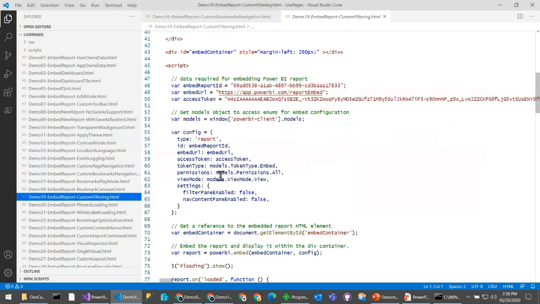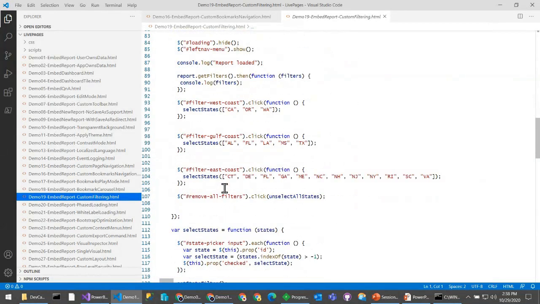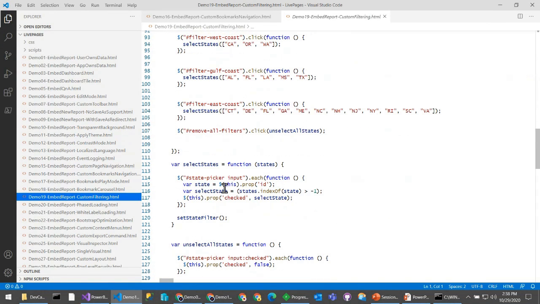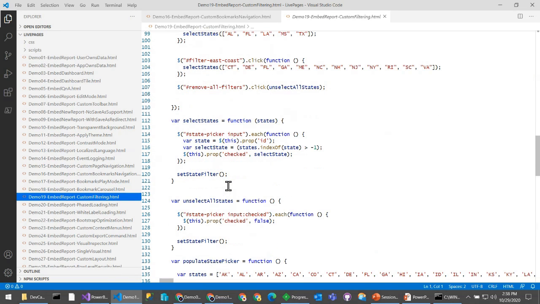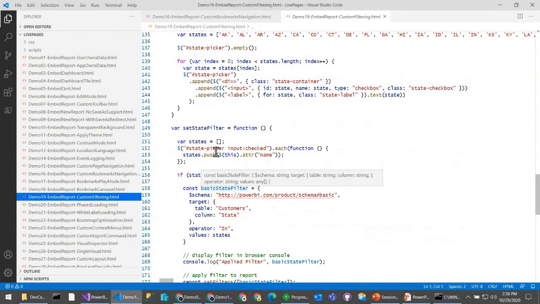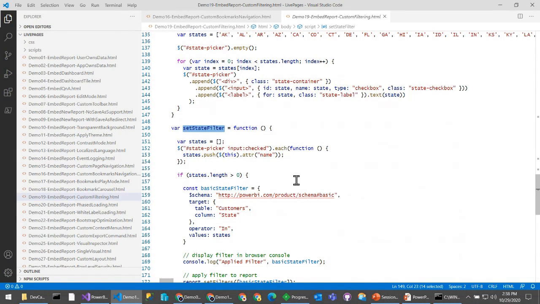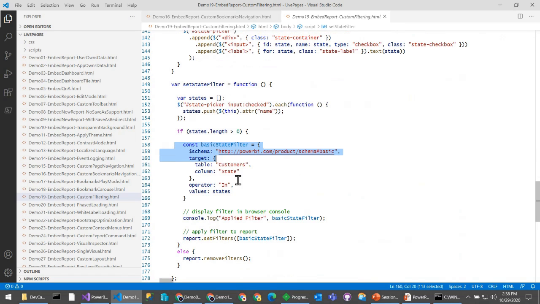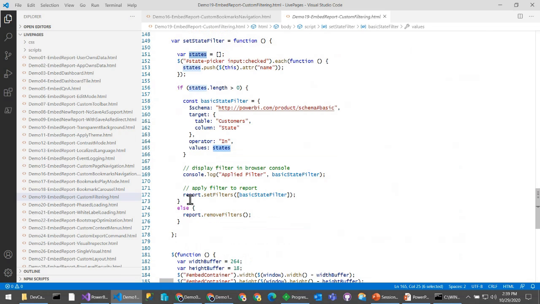So what you'll see here is that I have some convoluted jQuery code that fills up the UI with all those different states, but the idea is that when someone makes any changes, we call set filter. And then what set filter is going to do, it's going to build a basic state filter. It's going to say in, and then I'm going to pass it an array of states. And then we just call basically